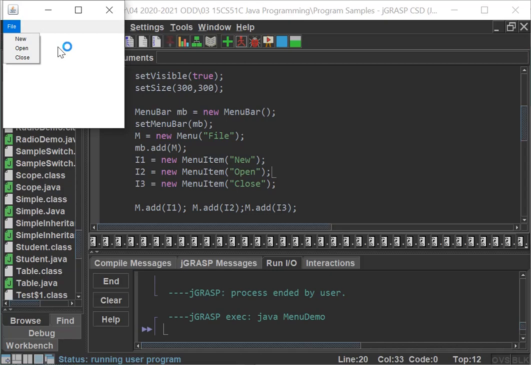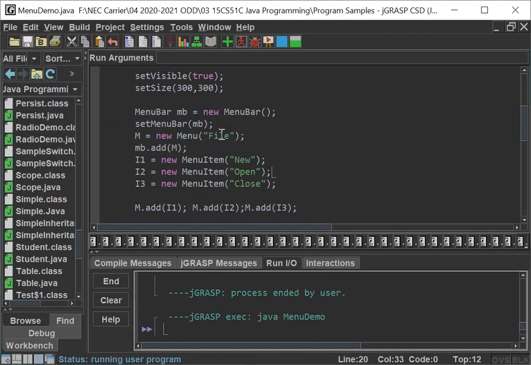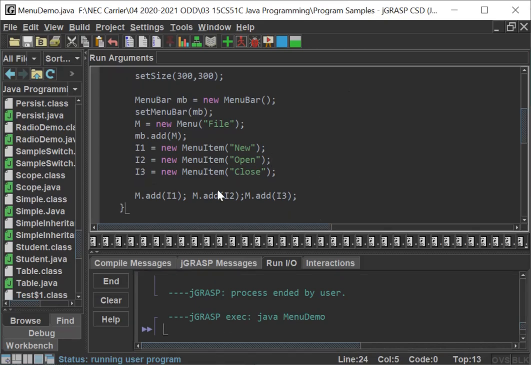Okay. So what is the next one? We have created the menu bar first. After that we have created the menu. After that we have created the menu items. Okay, 3 items we have created according to our definition. We have created the components and the menu items are there. So completed.